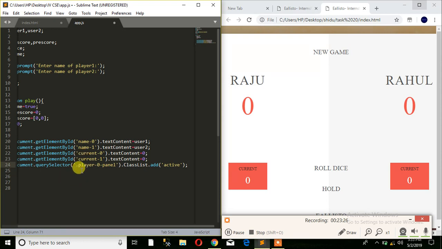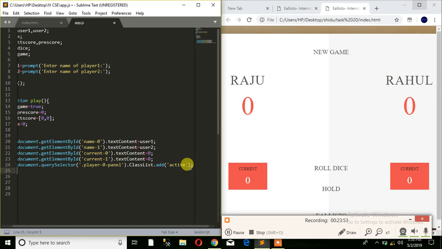Here we are using dot player zero panel, which means the class name that has some CSS properties. The CSS property active will be added to this class. Okay, add an active property as a CSS,